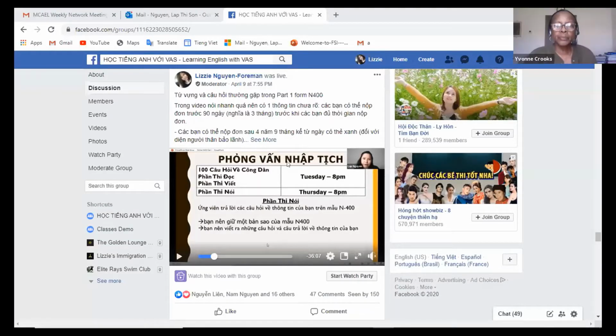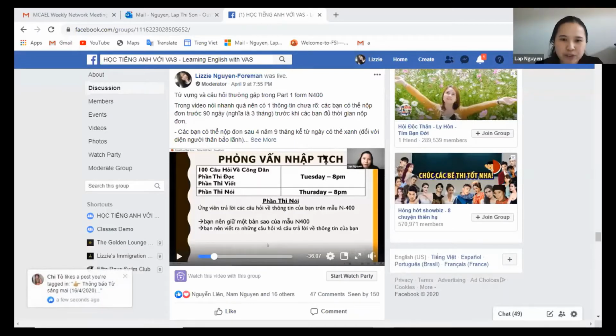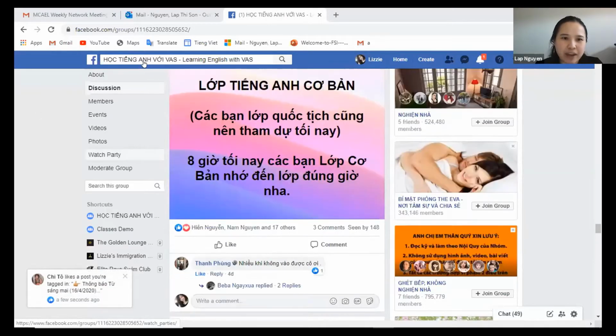Okay, great. Lap, I'm going to let you go ahead and share your screen so you can show us how you have been using Facebook for instruction. Okay, I will share my screen right here. You can see it? Yes. So from Facebook, we have a group that we manage.